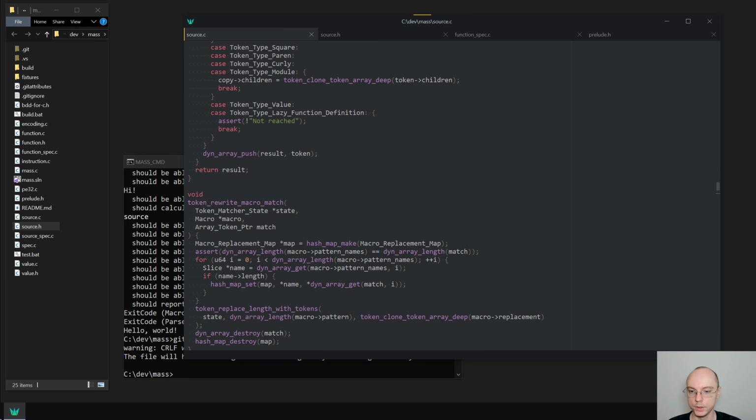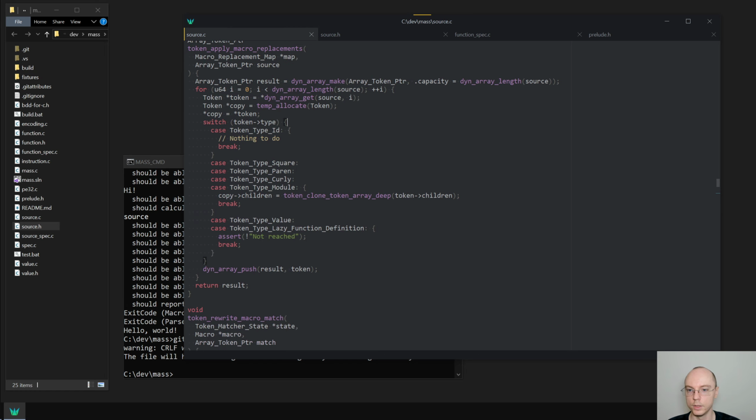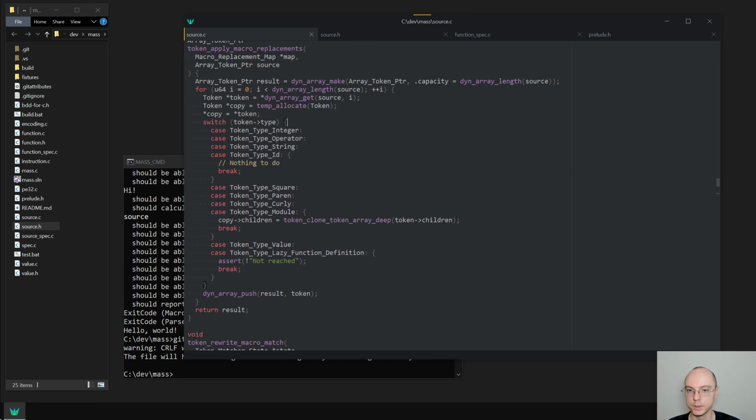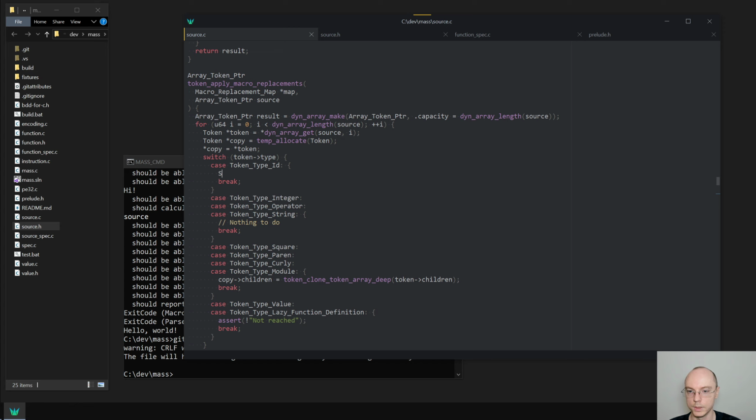It also will need to get this macro replacement map, and then there will be nothing to do for these types, but for ID there's going to be a special treatment, and that treatment is going to be, we'll say that if, or like this, slice name is